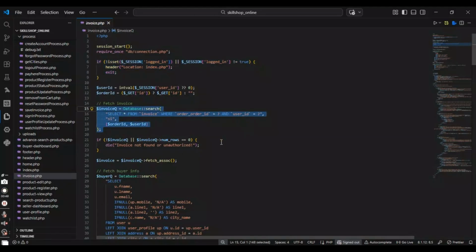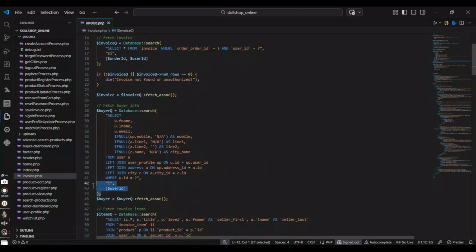this query retrieves the invoice using the order ID. It also checks the user ID to prevent unauthorized access. If no data is found, the system stops execution. And then here,